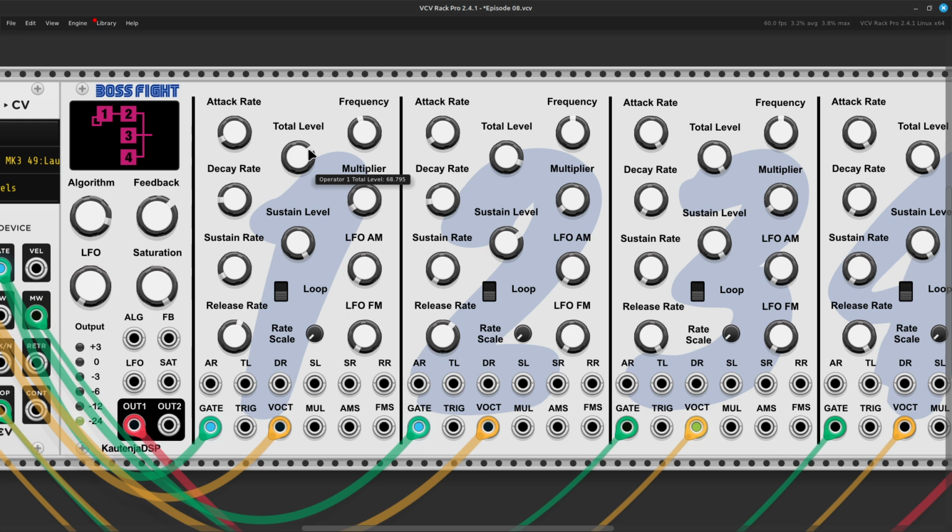Almost a clarinet-y type effect there. Yeah, I like that. But I did notice that